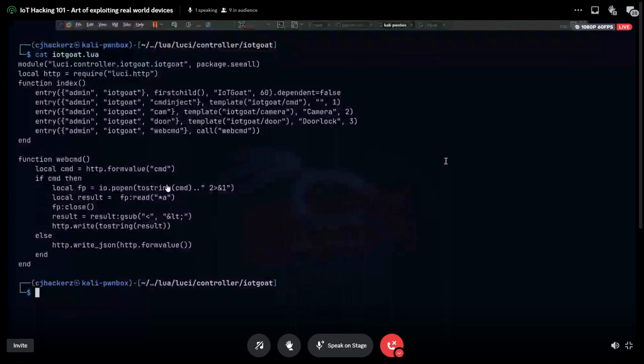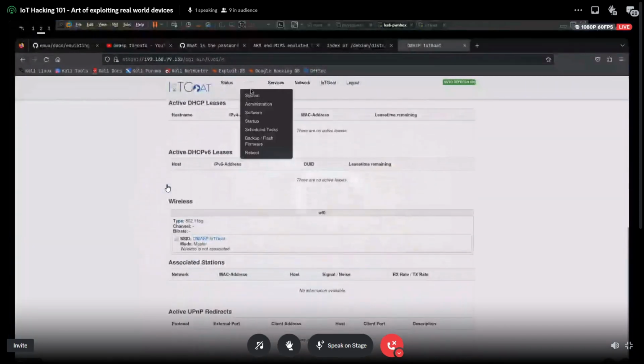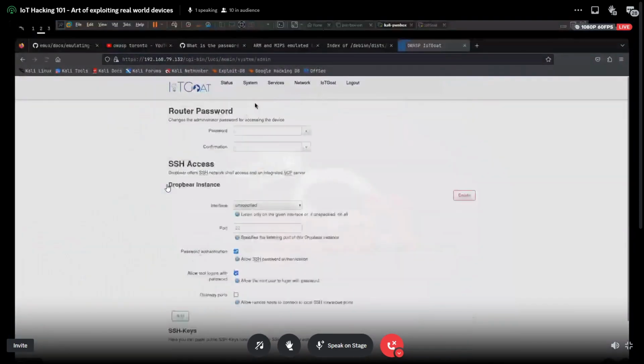Full screen it. So do you find an interesting one? Command inject. And this route is not advertised anywhere. If you go through the whole UI, like services, system, you won't find the command one here at all.